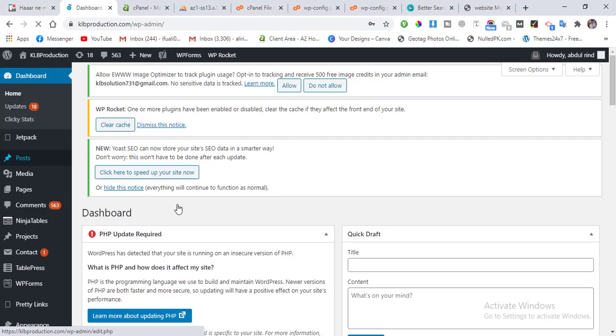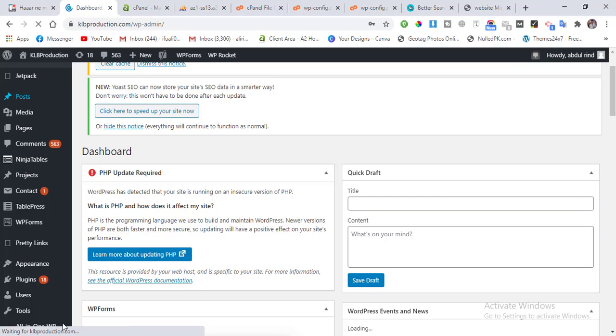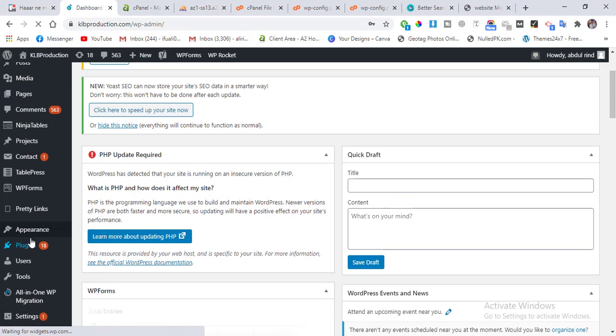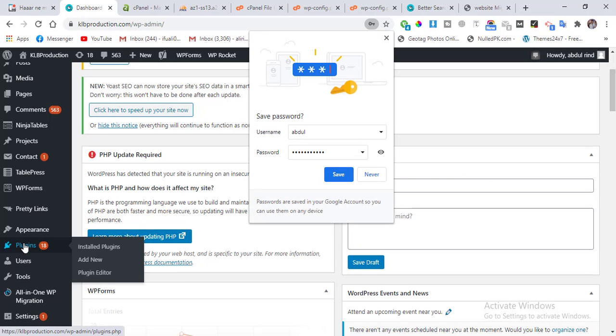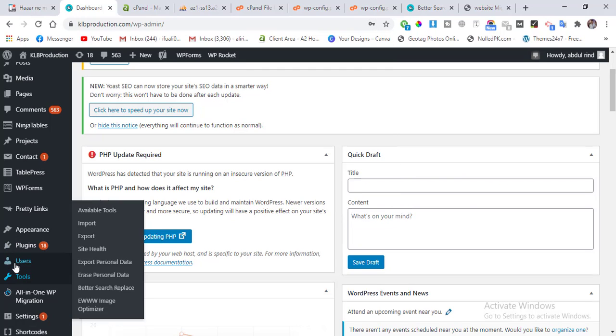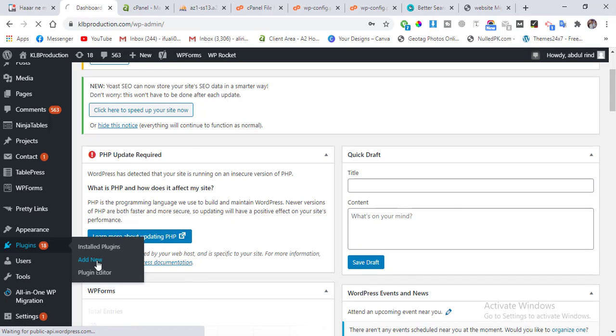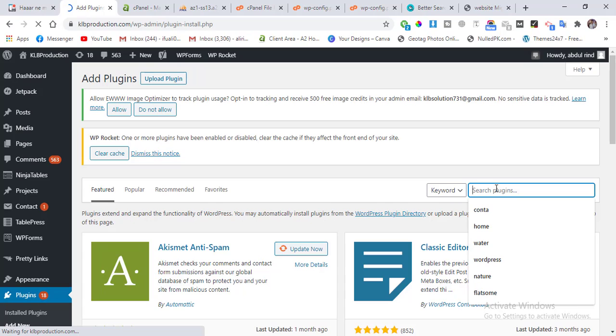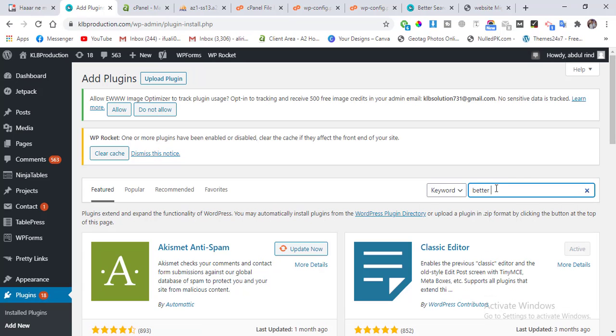You can install a new plugin called Better Search and Replace. Hover onto Plugins. Click Add New. Search Better Search.